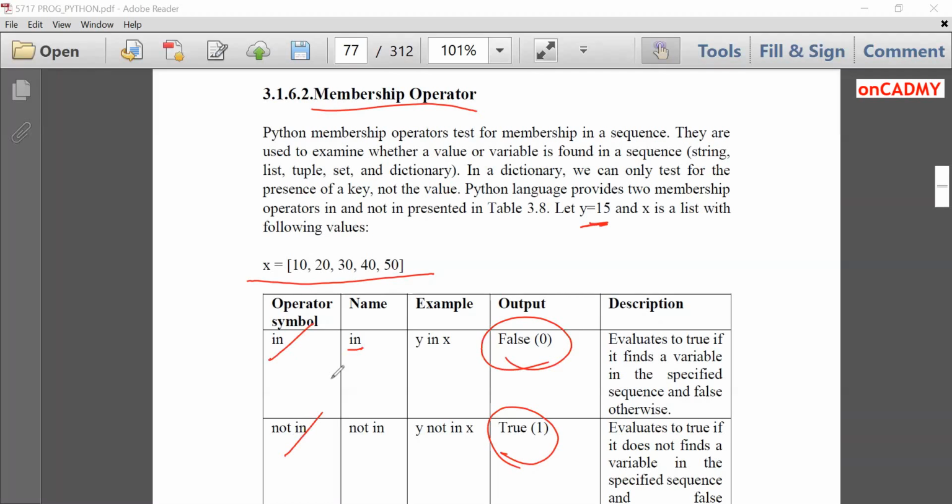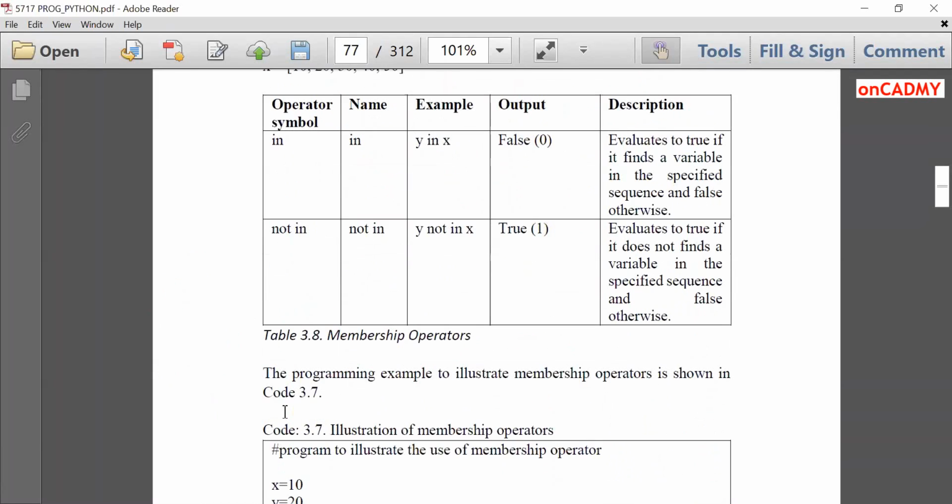However, in C and C++, you need to create a complete program to check whether a particular element exists in the list or not. Then we need to develop the entire program. But here, by using "in" and "not in" operators, you can easily check whether this particular number is part of this list or not. Suppose if I'm going to check 30 in the list, if Y is equal to 30, then Y in X, the answer will be true. And if I'm going to search for Y equal to 60, then the answer will be false. So this is all about special operators, which are identity and membership operators in Python.